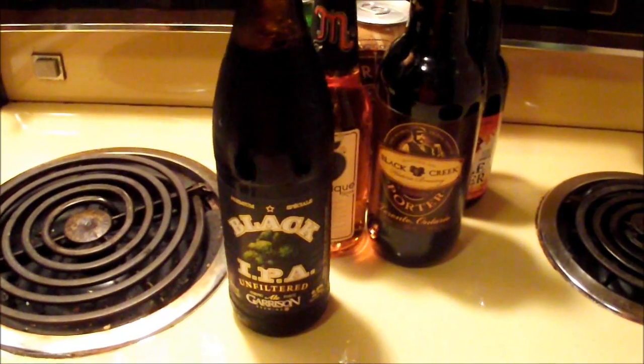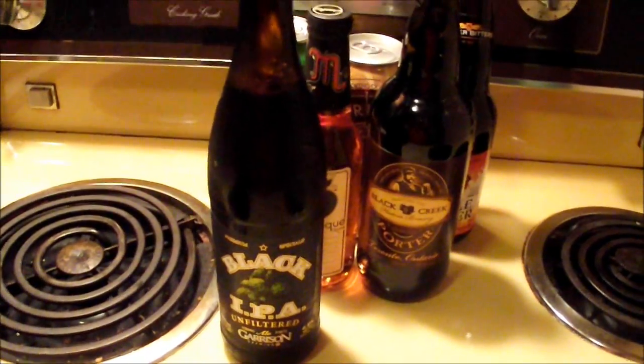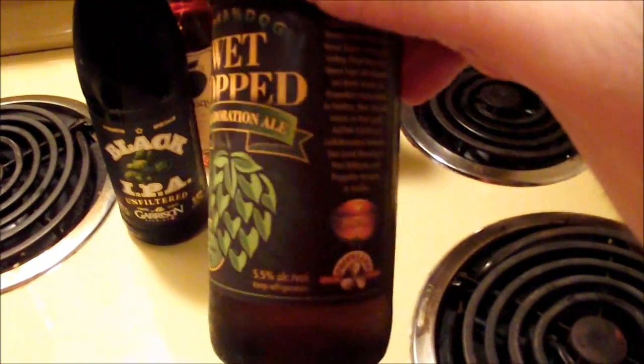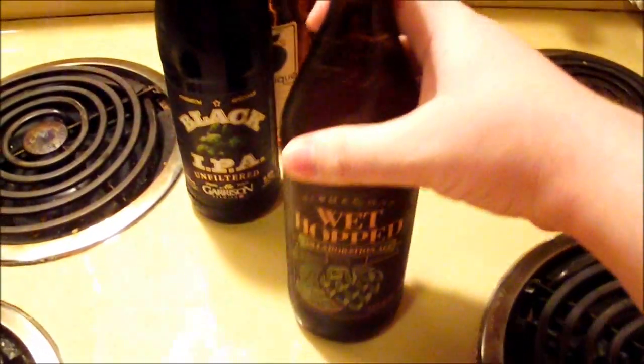The one that a friend of ours picked up that has me also really excited, that I've been looking forward to trying for quite some time now, is, ta-da! Propeller and Sea Level Brewing's Alpha Dog Wet Hopped Collaboration Ale. This one is made between the...